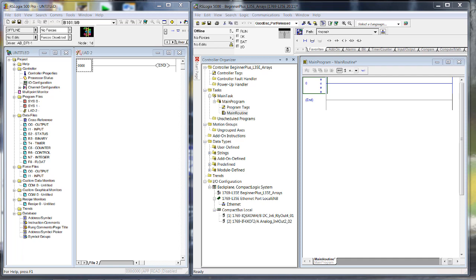One of the subjects we did not cover in Volume 1, the beginner, the subject of arrays. We've not really worked with arrays yet, so let's start there with arrays. Arrays, single dimension, or you could say a field of bits. And we had you open RSLogix 5000 from the Start menu, or from a shortcut. We had you start working with arrays, but I'm going to step aside for a minute and talk about arrays